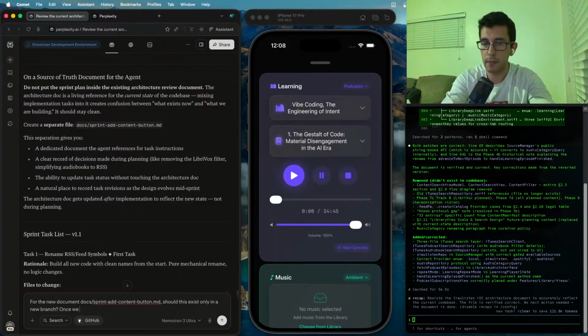Once we successfully complete this implementation, given we define what success looks like for the agent, should we then